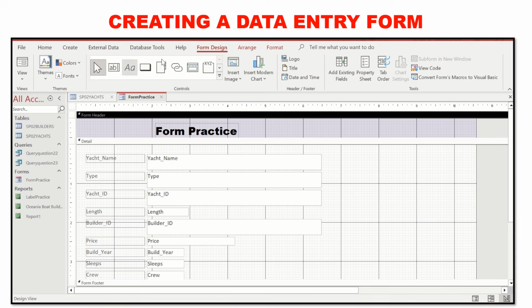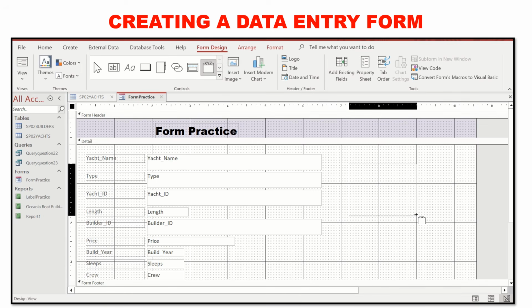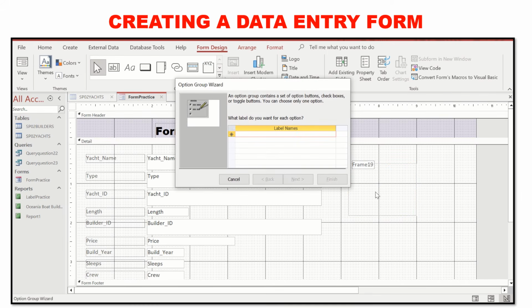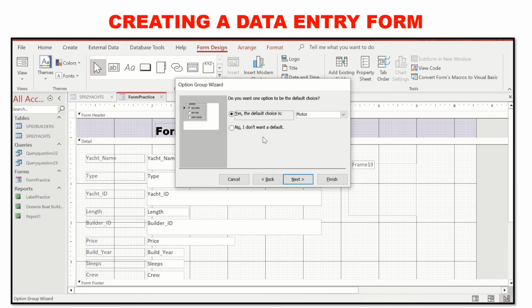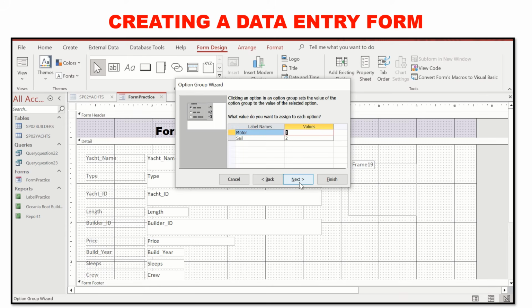So if we need to add radio buttons, for example, we'll click on this option group, which is shown by the symbol of XYZ with a box. Create it, and then you'll get this option group wizard. So suppose I want to do it for type, so I'll make it as motor, and then the next one will be sale. Next, I do not want a default. Next,